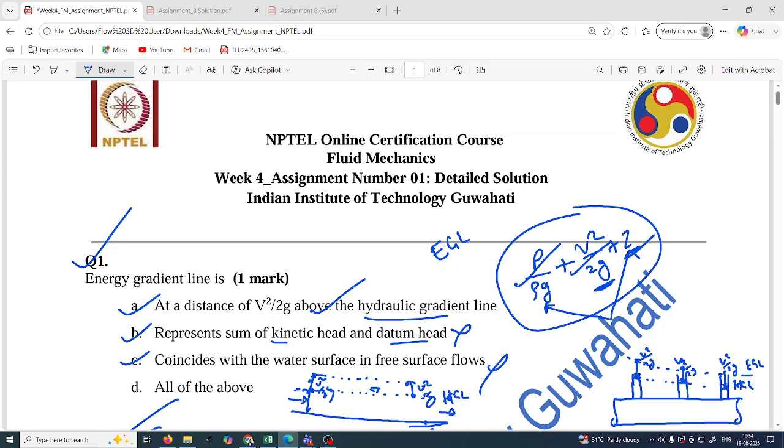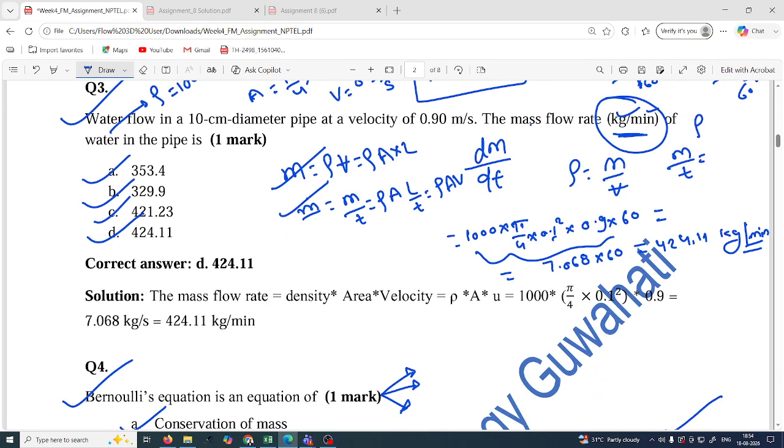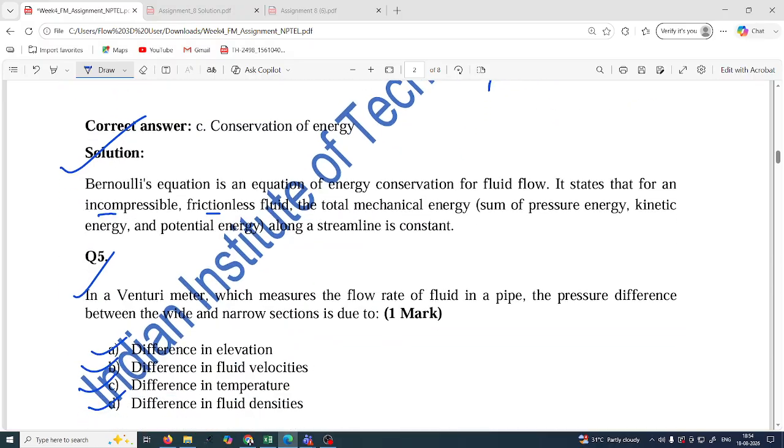When I was drawing this figure, I was telling this is your piezometric head. Above the piezometric head you need to add the V square by 2g, then join the line, and you will get the energy gradient line. So your piezometric head is nothing but the addition of these two, your pressure head and